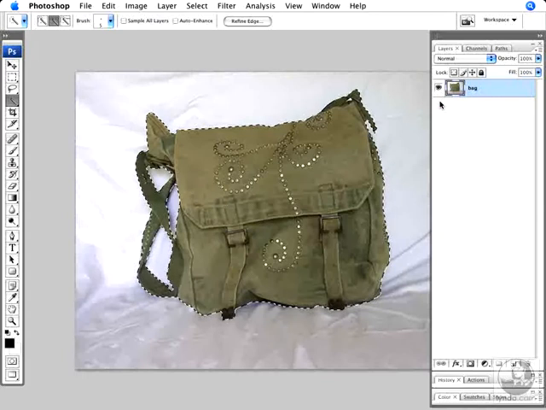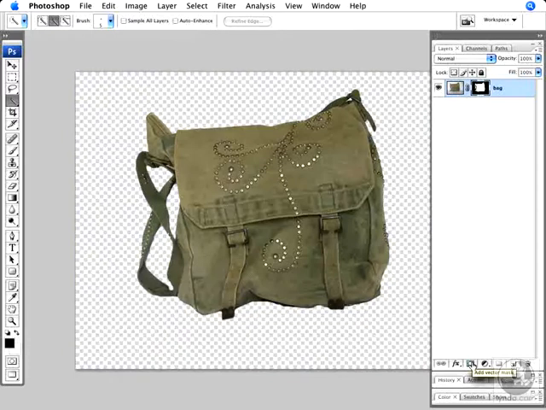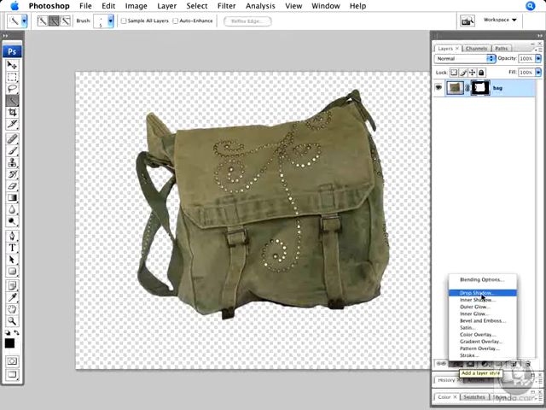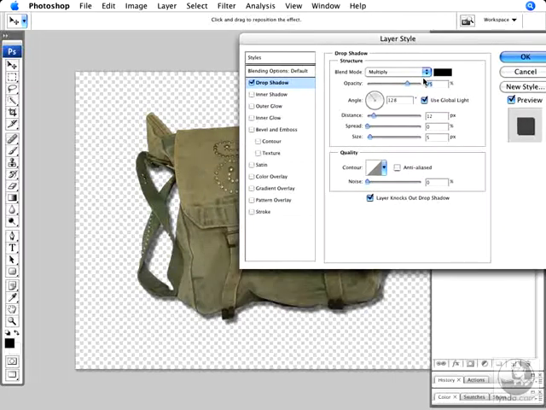I'm going to go ahead and lift that out of its background by adding a layer mask to my layer. I go down to the bottom of the Layers palette and click the Add Layer Mask button. It'll convert my selection into a mask, and it cuts out that background. And then to finish the effect, we'll go ahead and add a drop shadow and move that shadow just a little bit by pressing and dragging in the image a little bit. We'll just lower the opacity, say 50%, and click OK.